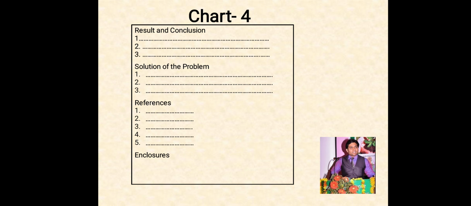After references, under the heading of enclosure, paste 2-3 evidences that show your teamwork and your evidence of work. It includes photographs, newspaper cuttings, etc. So when you have prepared all 4 charts, then on the basis of these charts, prepare the oral presentation